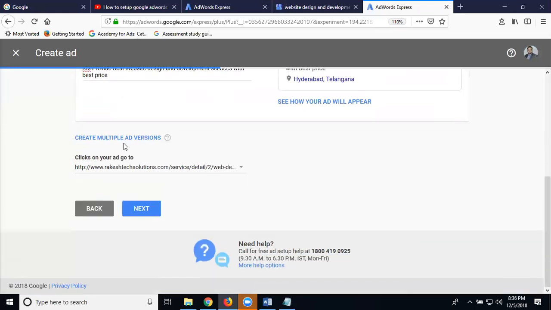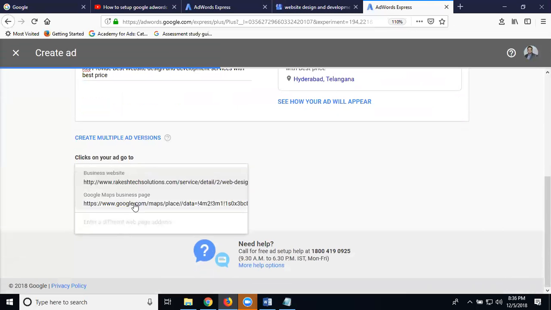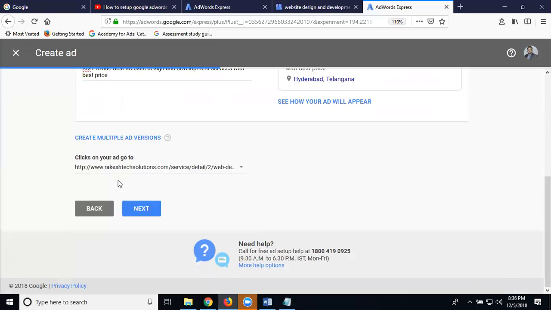Here we create multiple ad versions. Now you can point this ad to your website or your map listing, or to some particular URL, your wish. One is called your destination URL: destination Google Maps, or your own URL. Anything you wish. I'm searching for my website URL. Why do I need it? Because I need traffic for my website. My target is my website. Even if you're creating for mapping or for a phone call, the final destination is your website. Click next.